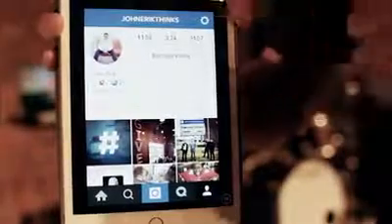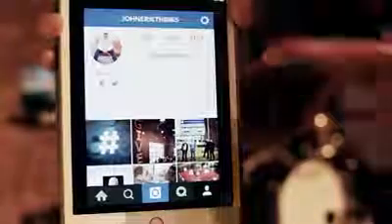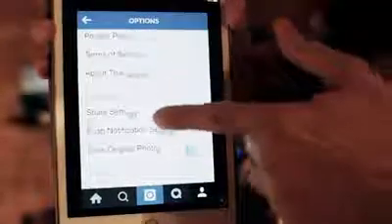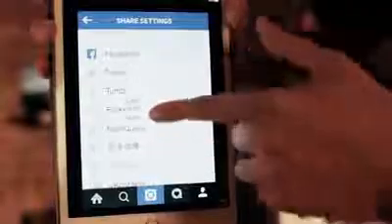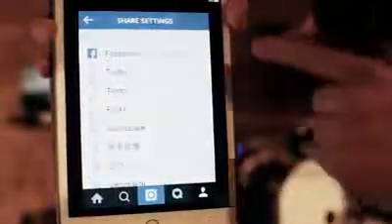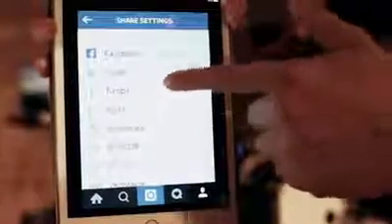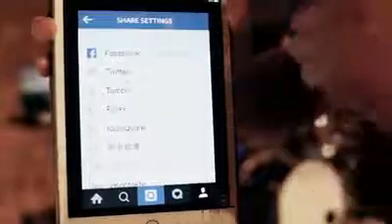So these are one of the buttons that I'm talking about. Whenever you see a gear like this, most people never hit that button. So because we are explorers, we're going to want to click on that. And as you're going down through here, some of the things I want to show you is, for example, share settings. These are going to be the default areas of connecting yourself to other different accounts. You can see I'm already connected with my Facebook. I can connect to Twitter and Tumblr and Flickr and all of those, but I always remember we turn those off. Generally, the only one we would ever want to share directly inside the app is Facebook.